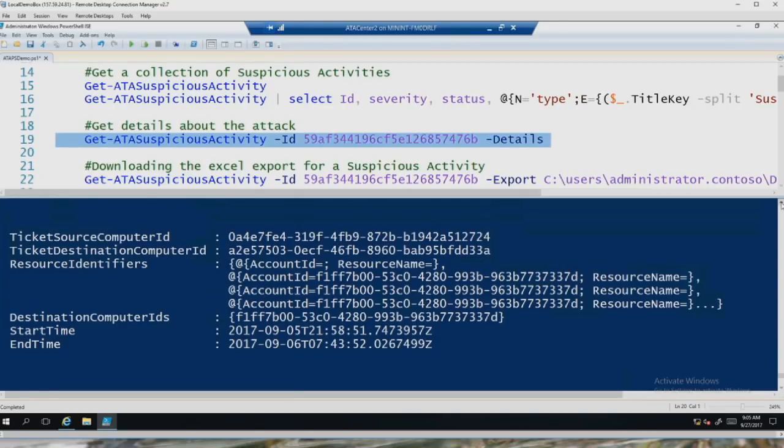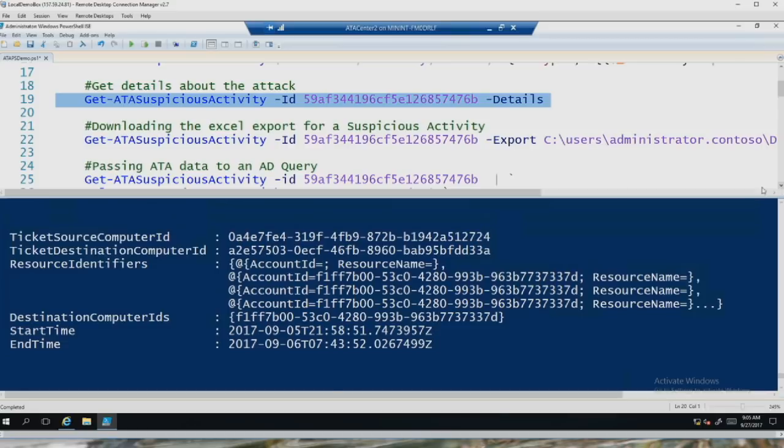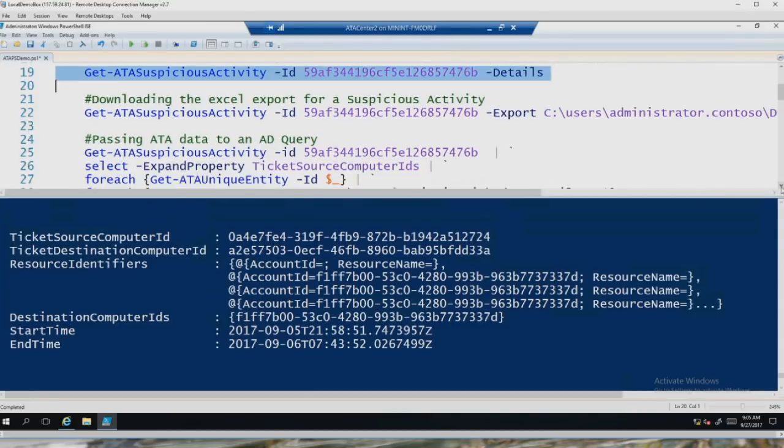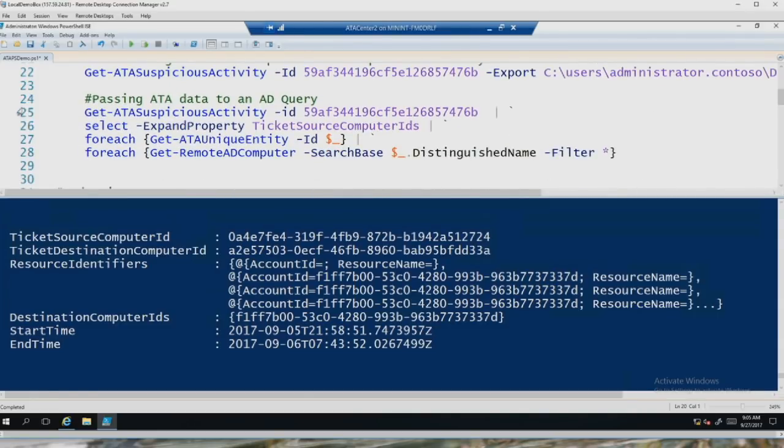So if I want to get more information, one of the things I can do in PowerShell is download all of the details into Excel, and there's a way to download that. But what I'm going to do here is use a series of PowerShell commandlets. I'll select it again.